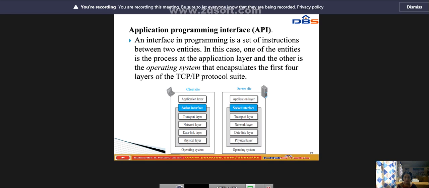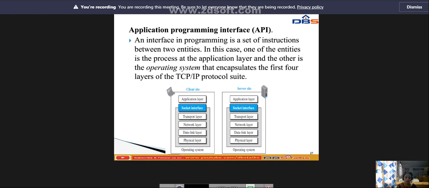It is a set of instructions that can be used by a process to communicate with another process. The idea of a socket allows us to use the set of instructions already designed in a programming language for other sources and sinks.